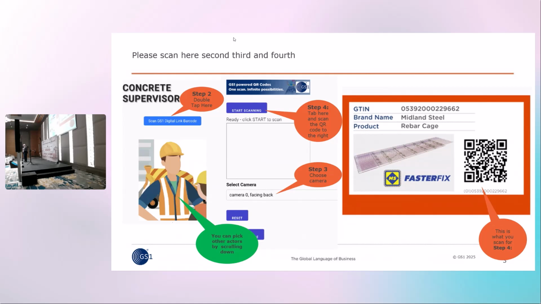And that's the power of using digital link. Because if you only put one QR code and make it a single source of information, then the person who scans it has got a huge amount of information to go through to find a piece of information that they want. Using smart technologies, we can do this.